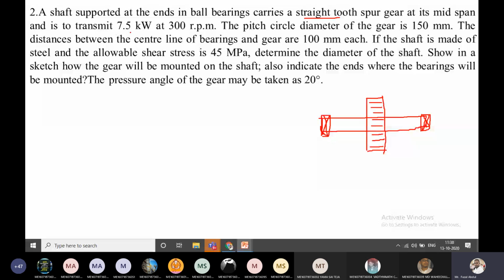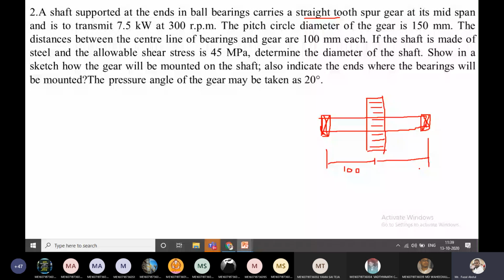It means from the center of the bearing to the gear center is 100. From this side, it is also 100, from the center of the bearing. It is also 100 mm each. The shaft is made of steel, the material type is given as steel, and the allowable shear stress